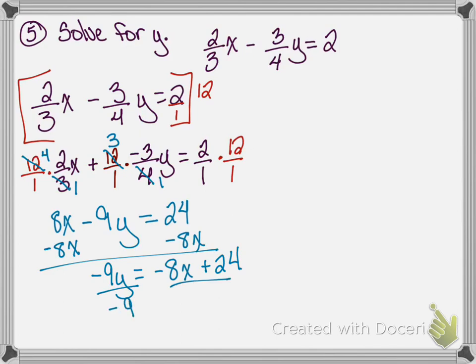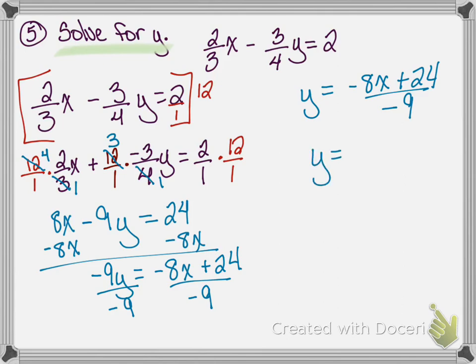My next step is to divide by negative 9. So then I'm left with y equals negative 8x plus 24 over negative 9. And because the directions said solve for y, this is an acceptable answer. But many of us are in the habit of putting things in slope-intercept form. And you might get 8 over 9x, because a negative divided by a negative is a positive,